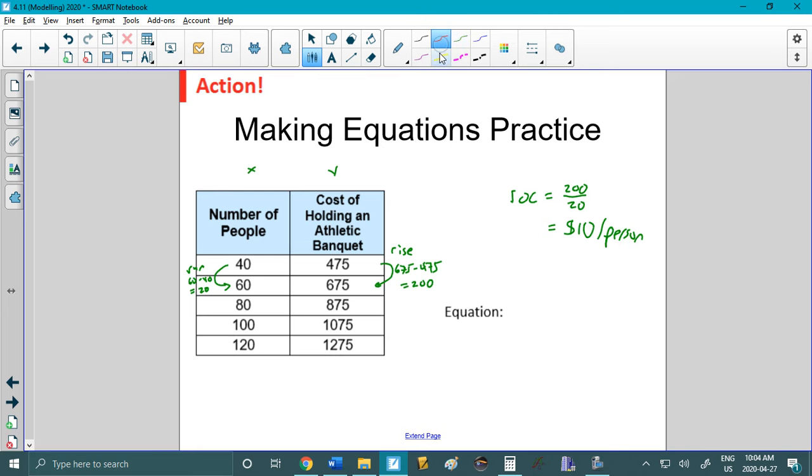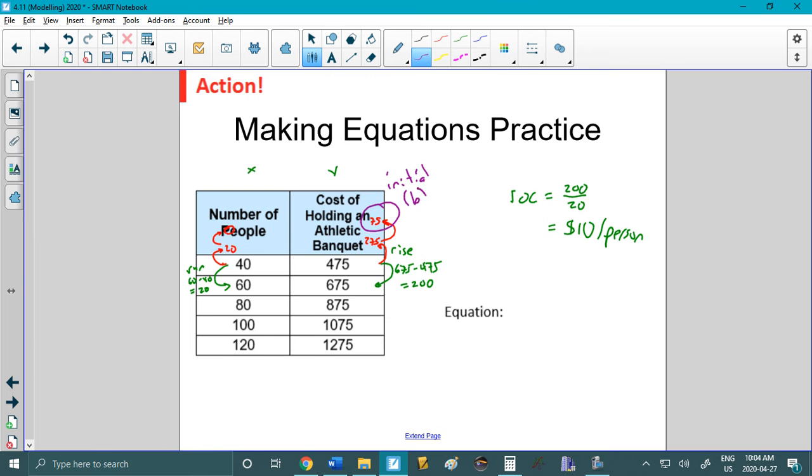And now for the hard part. We need the initial value. So this is going up by 20 if we go down. So if we go this way, it goes down by 20. So it'll go 20. And then from 20, if we go down, we get it to 0. And then over here, it's going up by 200. So if we go backwards, it's going to go down by 200. So down 200 from 475 is 275. Down another 200 from 275 would be 75. So that means that this is my initial value,